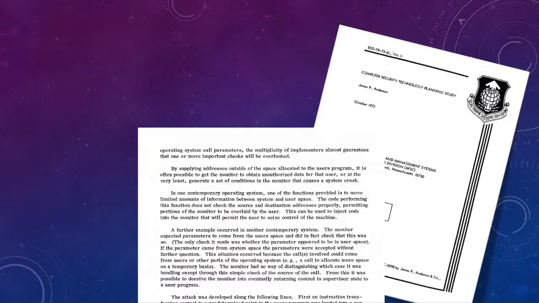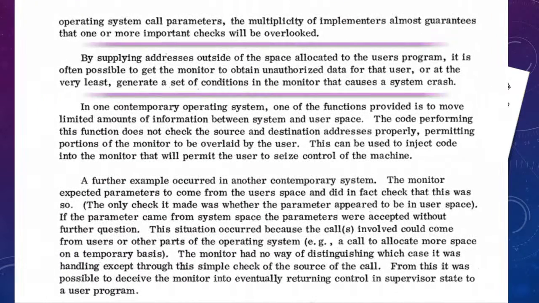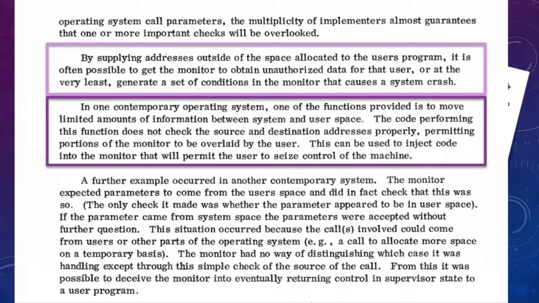So that's fine and dandy, but you're probably wondering, cool, why does this matter? Well, like I said, this is the first ever mention of what a buffer overflow is. Within this document, you see these two highlighted paragraphs. These are literally, in history, the fruition of buffer overflow as a concept. If you actually read these paragraphs, you won't even see the term buffer overflow because it didn't exist as a hard and fast concrete concept, right? This is just explaining what those vulnerabilities were at the time. Definitely an unreal document. Strongly recommend you guys check it out.